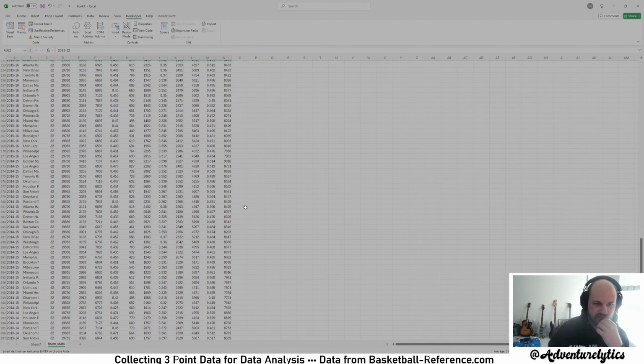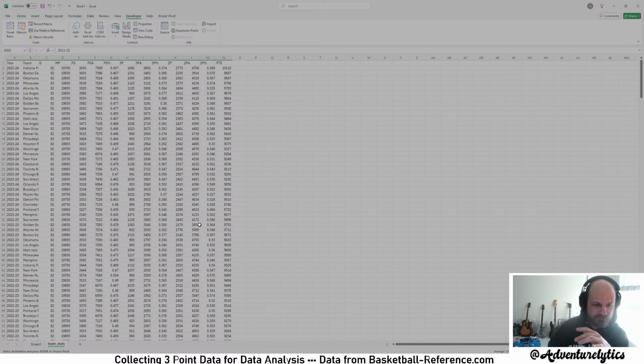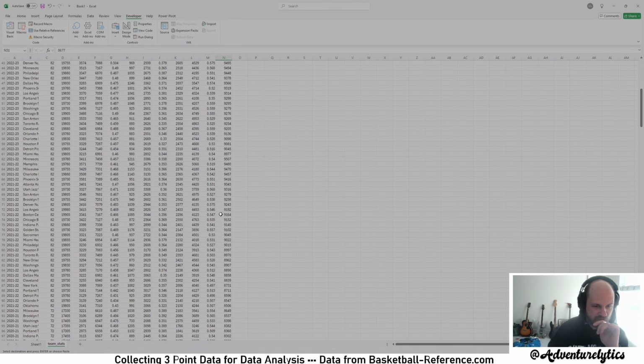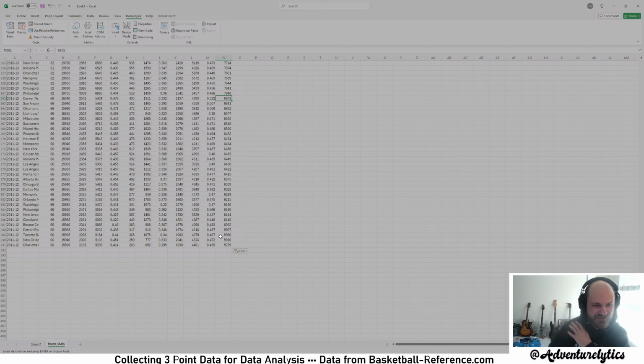The points in the NBA have just gone up. Even just taking a little look at this, the last place Memphis Grizzlies in 23-24, the least points scored, is more than the Denver Nuggets scored in 2011-2012, and they had the most.